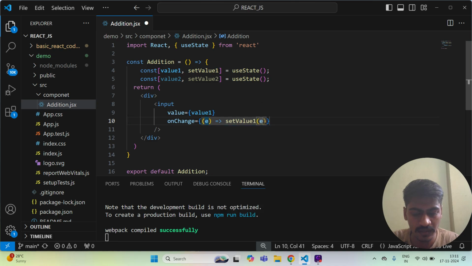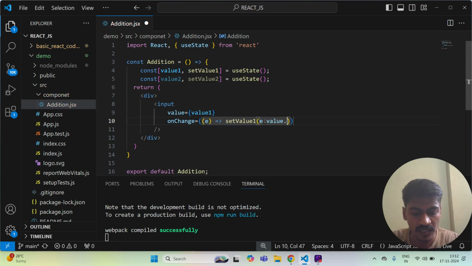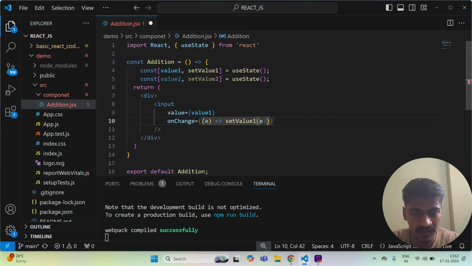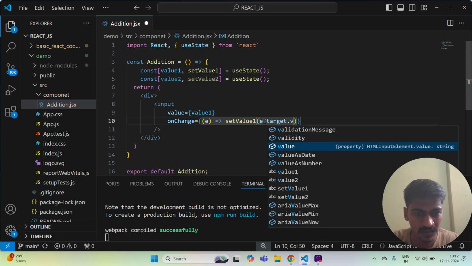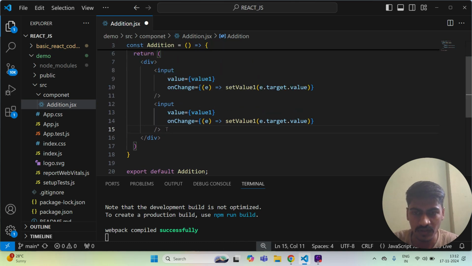It's not compulsory to call the event e, but if you want, you can take another name. Okay, same thing we can do for the second input. Here instead of value1, value2 is there, and here the same. Okay guys,